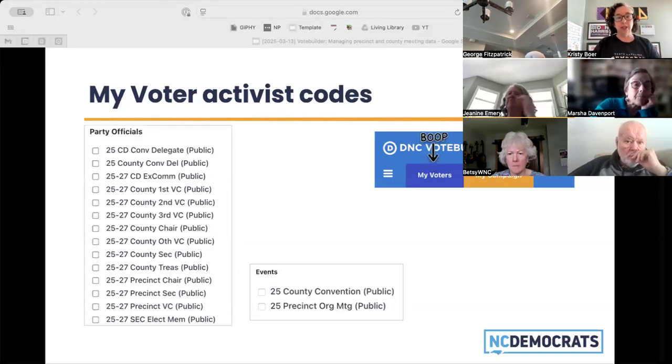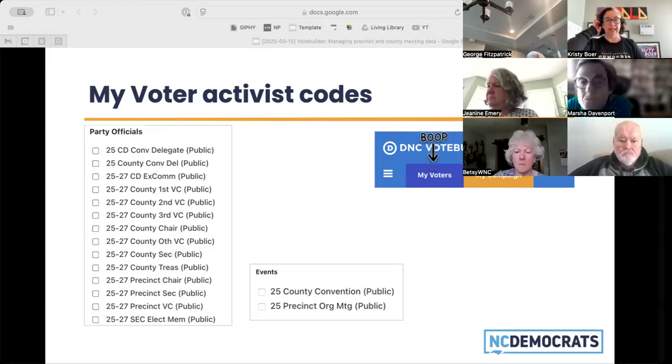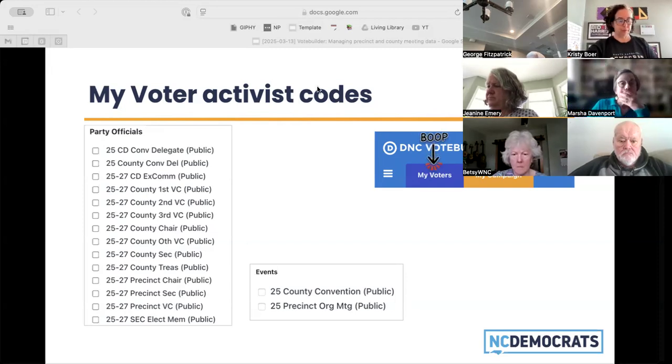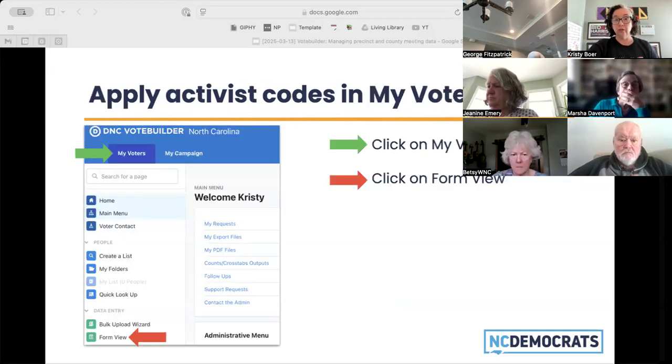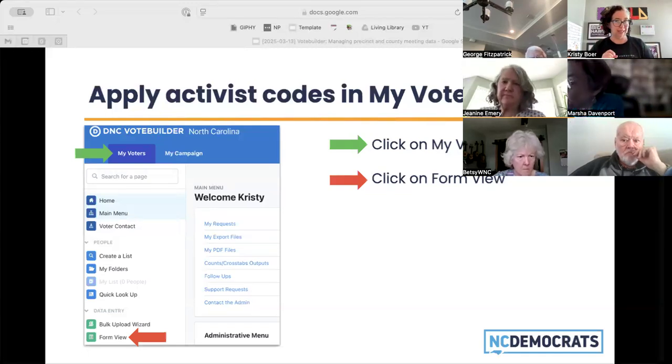There is also a section of activist codes for events. And this is where you will tag who has attended precinct organizing meetings and county conventions. I'm going to walk through how to apply those tags. In My Voters, where I've got the green arrow here, on the left-hand side, when I'm looking at mine, and probably when you're looking at yours, unless you've adapted it, there is a data entry section